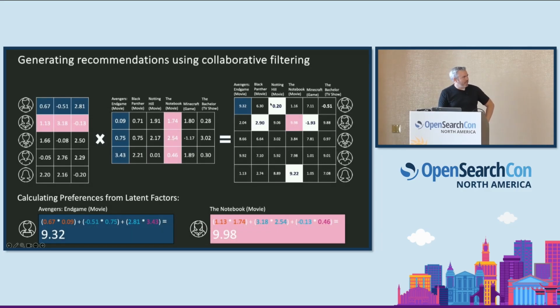Once I've done that, now I can generate recommendations for any user. If I want to figure out, for example, how much this person is going to like The Notebook, or how much this person is going to like Avengers Endgame, I can do multiplication of these matrices, and I can generate a score of 9.32 for this user and a score of 9.98 for this user, saying that this user is very likely to like Avengers Endgame, and this user is very likely to like